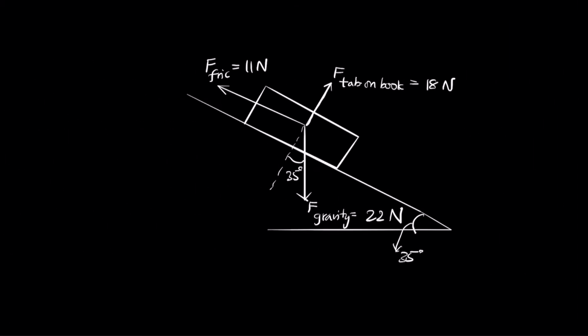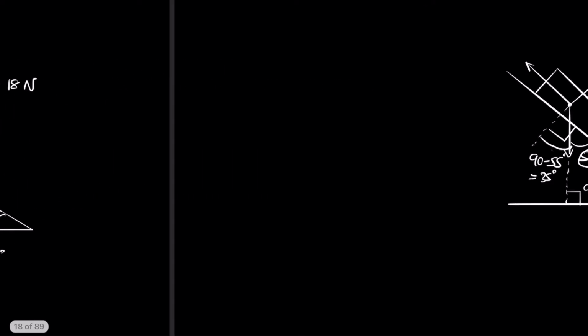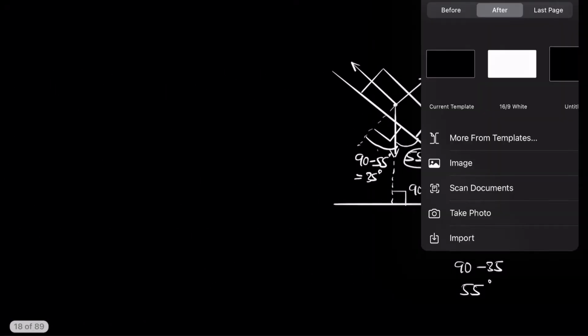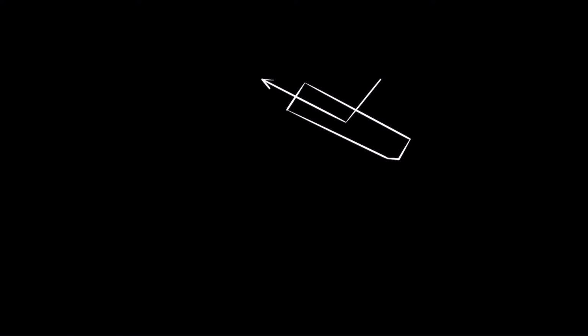Now the first thing we have to do is resolve this vector, the gravitational vector, into its vertical and horizontal components. So let's split this into the individual vectors. So we have the book right here, and you have a horizontal force and a vertical force. Now we have an angle, so this angle right here. So we found out that this angle here